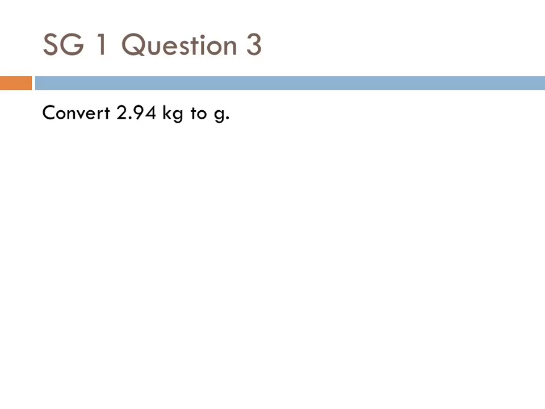This is an example of a conversion within the metric system. Convert 2.94 kilograms to grams. We're not given a conversion factor here because we should know what kilo means. So we look at this problem and we see here's our number,